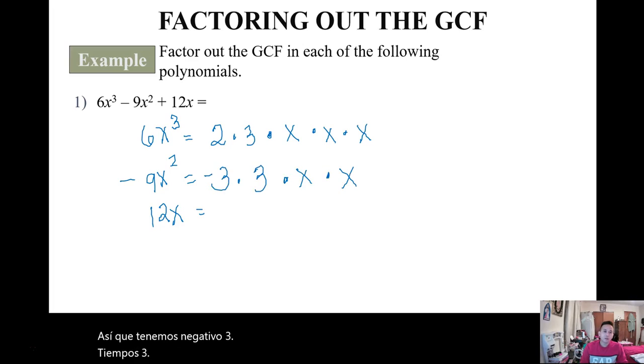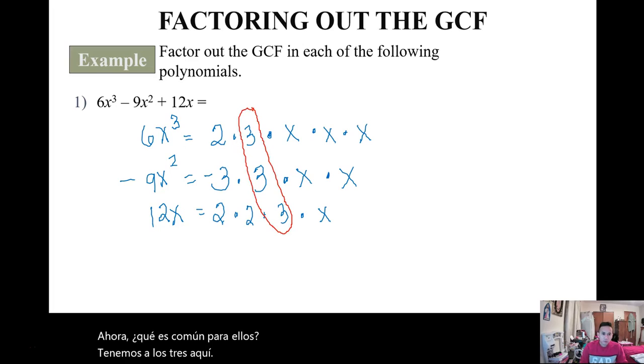And we also have 2 times 2 times 3 times x. Now what is common to them is that we have the 3 here. And how many x's? Just one x there. So I encircle the GCF so that you can see that your GCF now, it's 3